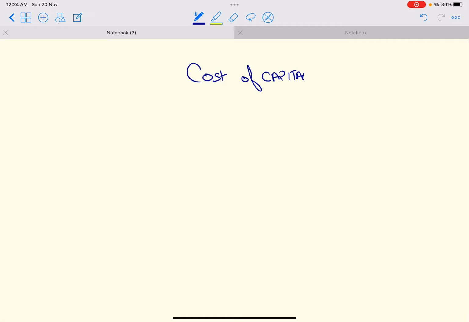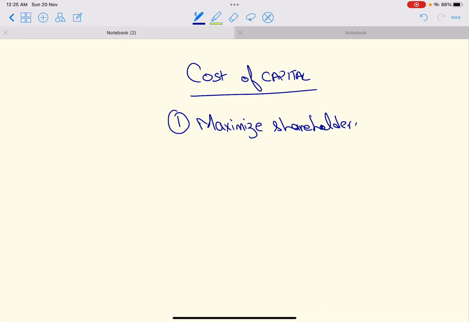So, before going into this, we need to understand what is the purpose of every organization or a company. A company exists for one main goal only, that is to maximize shareholders' wealth. Okay. So, if I want to maximize shareholders' wealth, how will I know if the actions